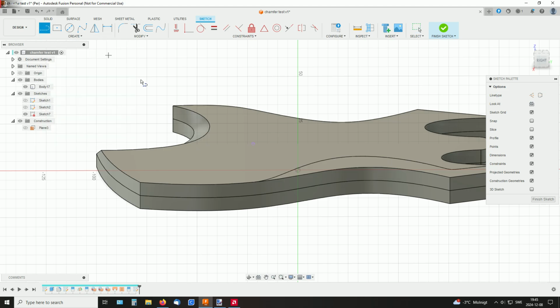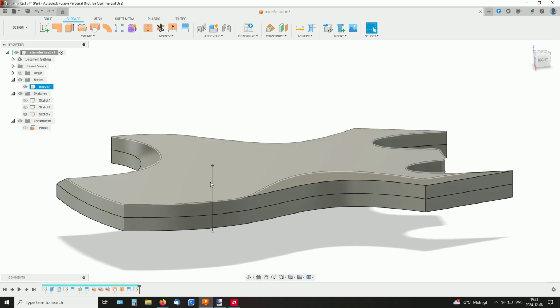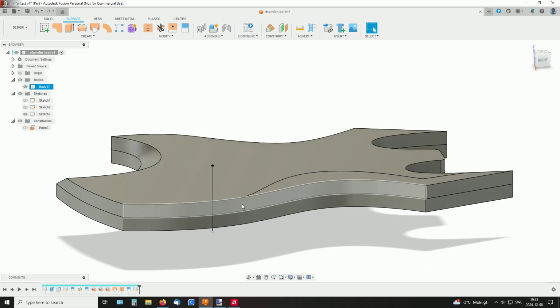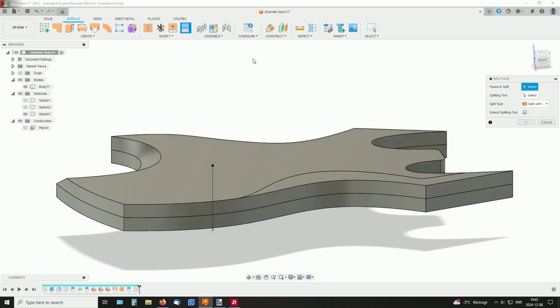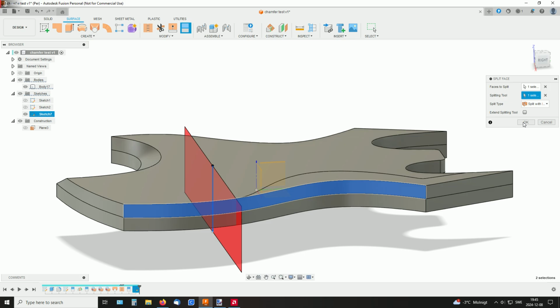So I draw one line from our projected point down some distance and finish sketch. And I will use this line to split this face. So split face, this is the face, and this line is our splitting tool. Okay,